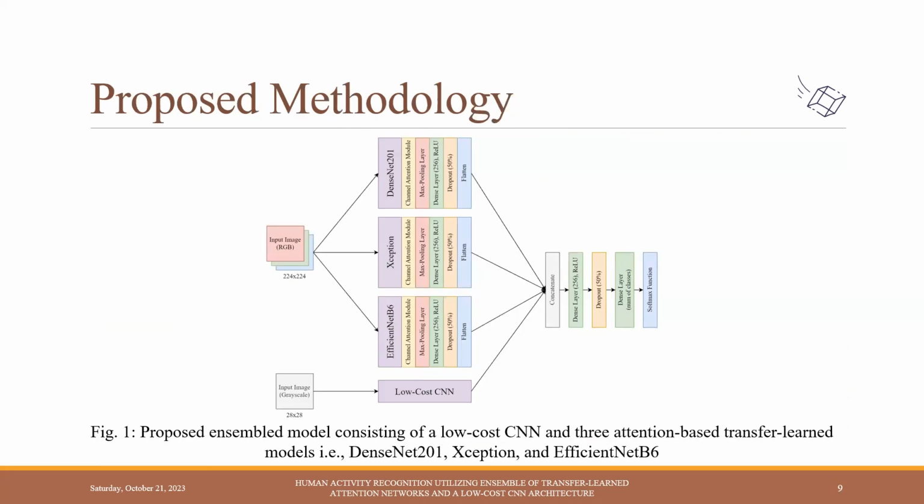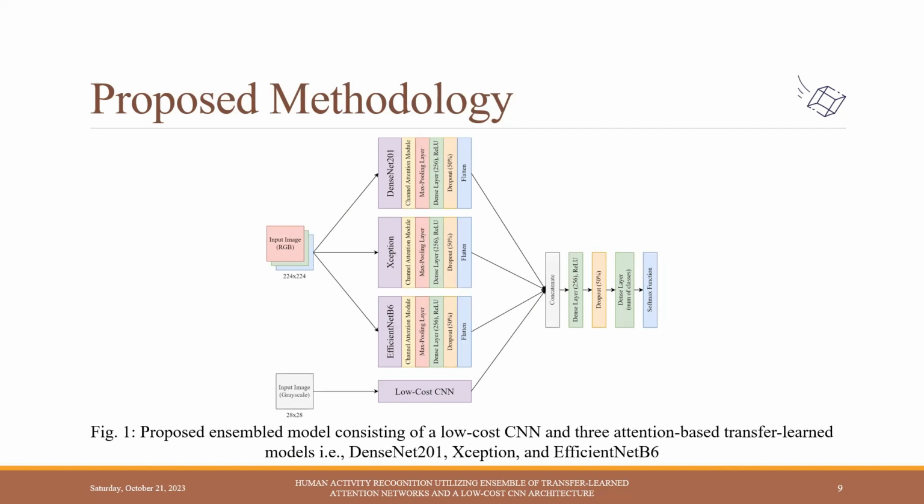So here is the basic proposed methodology. At first, we will be talking about the abstract view of the architecture, and then we will be amplifying each section to understand more how they are working. So first of all, you can see that the whole architecture is divided into two parts. First of all, we are taking an RGB image with a size of 224 by 224, and we are feeding